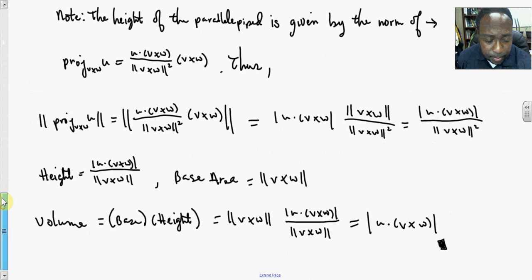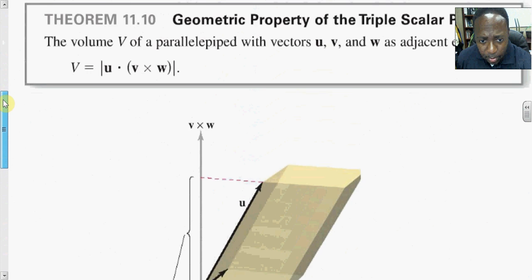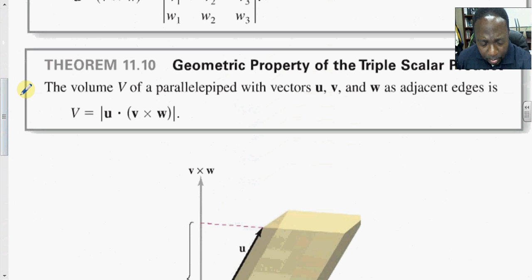That's the proof. So we've actually shown the proof for the volume of the